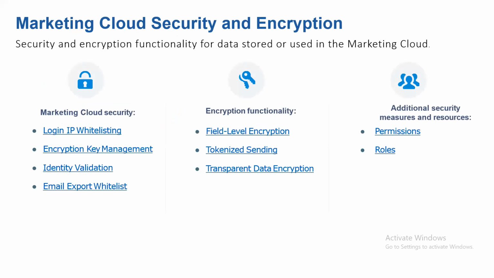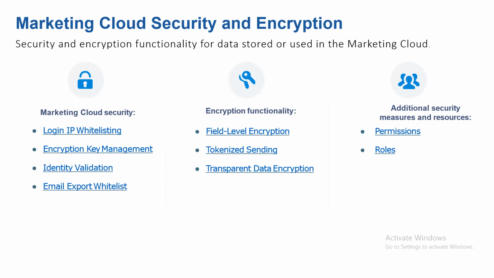Below are the security features and encryption functionalities for the data which is stored or used in Marketing Cloud. First one, you can see Marketing Cloud security. Under the Marketing Cloud security, you have login IP whitelisting. This login IP whitelisting includes a range of IP addresses, where we have an option to add the start range and the end range. Once we have defined those ranges, if someone is accessing from outside of that particular network, it will automatically deny